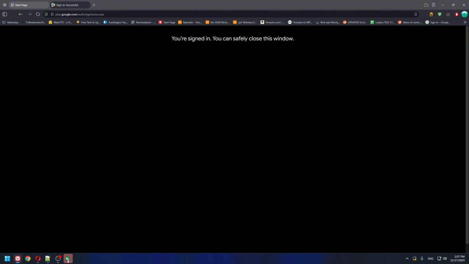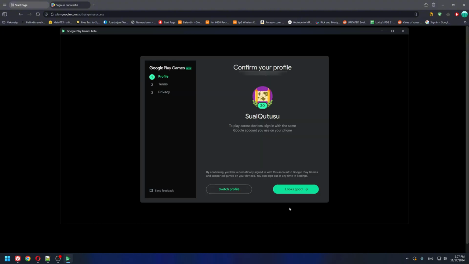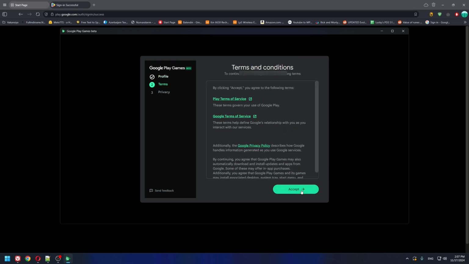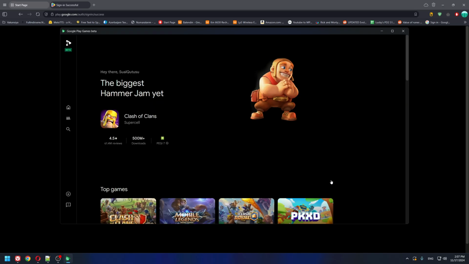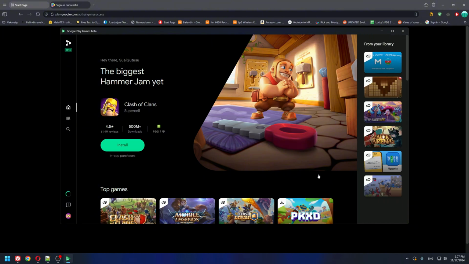And now go back to the program. Click Looks Good. Accept. And finish. And it's done. Now you have Google Play installed on your computer. You can play some games, install some